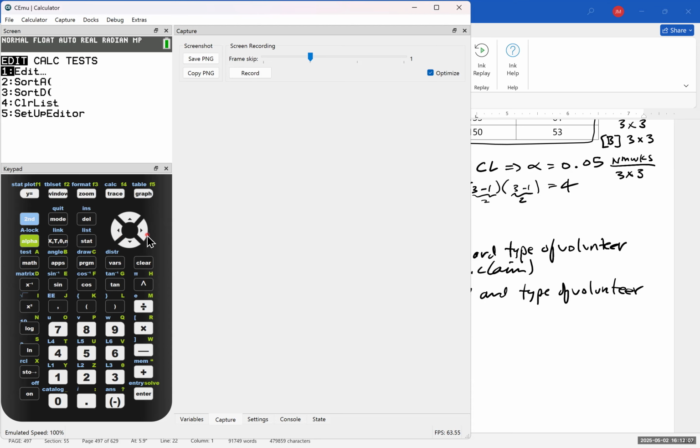So let's go to stat, tests, and I'll scroll up because I know chi-squared test is closer to the bottom. Observed is matrix A, which is a 3x3, and the expected is matrix B, which is also a 3x3. It would have been nice if they put the dimensions of the matrix in there. That would have been helpful, I think. But anyway, so let me put calculate, but I'm going to hold off doing that